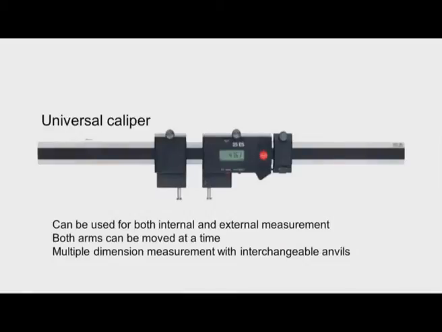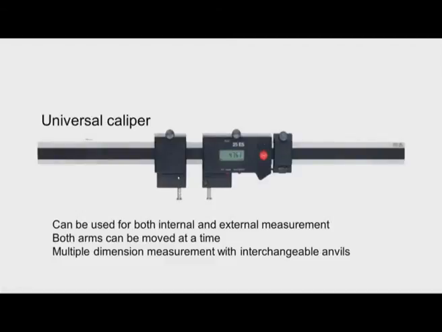Now, we will move to a special type of caliper. We have studied vernier caliper and different types of calipers, inside caliper like that. This is a very special universal caliper wherein we have the bar, this is the main bar of the instrument, on which we have measuring heads. This is one anvil, and this is another, and this is the measuring head,